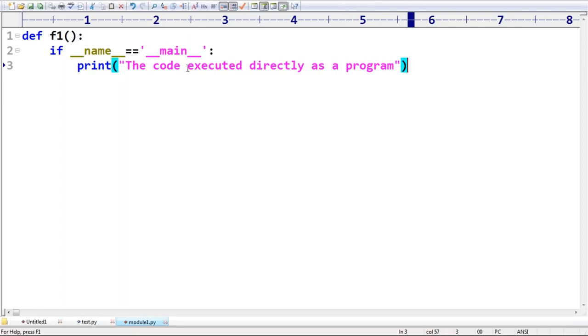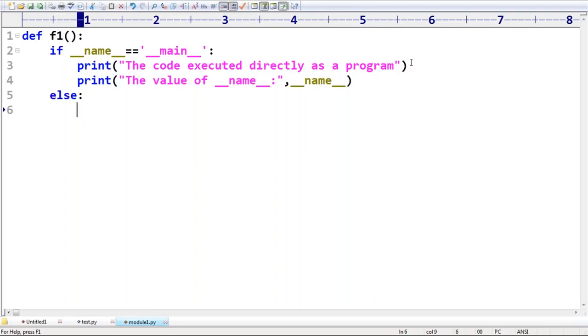Let me also print the value of underscore name underscore, though of course I know in this case what the value is. Else, print the code executed indirectly as a module from some other program.